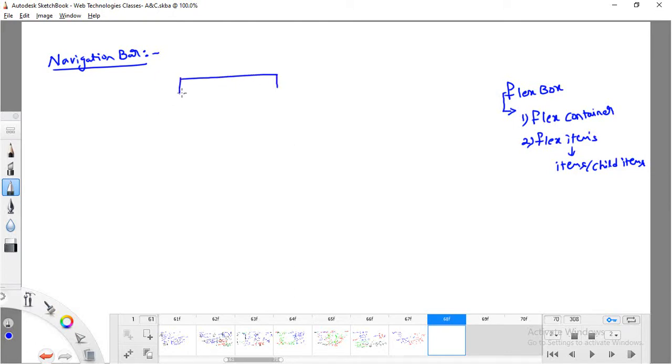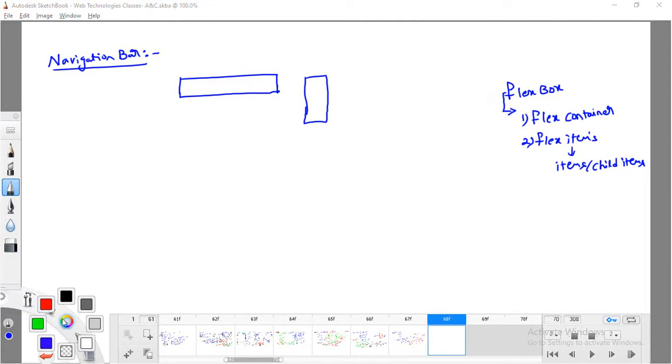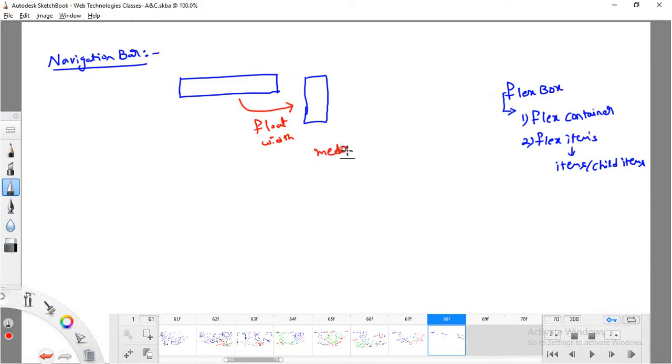So we can visualize this navigation bar either horizontally, or in the form of a vertical navigation bar. Already in the previous classes, I have shown how to convert a horizontal navigation bar into a vertical navigation bar with the help of the float property as well as the width property. Whenever a small screen size appears, I use a media query. Through that media query, I apply the float property as none, and I define the width property. So this is what we did without the help of the flexbox concept.